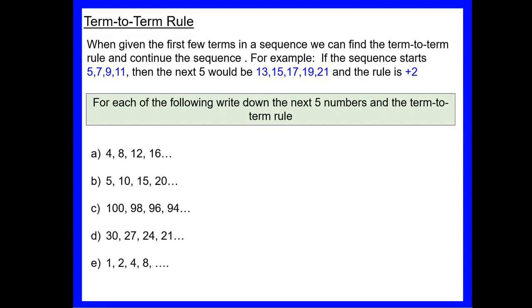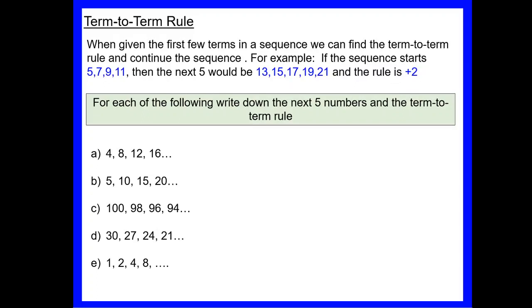Okay, this time then, if we're given a sequence, we can work out the next numbers and the rule. So if we were given the sequence 5, 7, 9, 11, and we want to carry on, the next 5 will be 13, 15, 17, 19 and 21. And the rule is that we're adding 2. So we look to see, well, how do we get from one number to the next? We carry that on for the next 5 numbers,